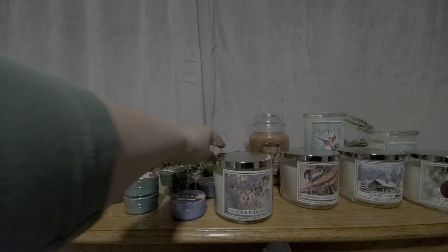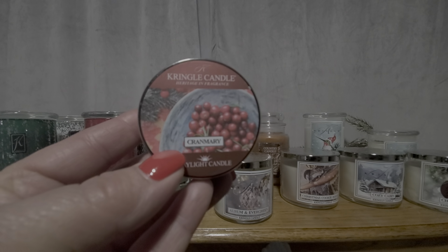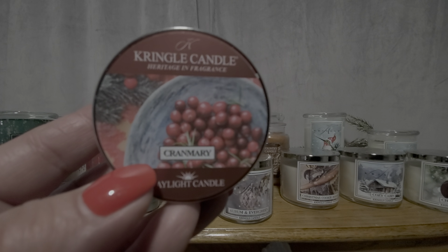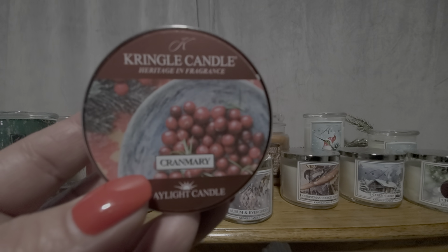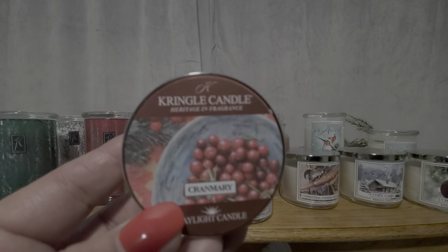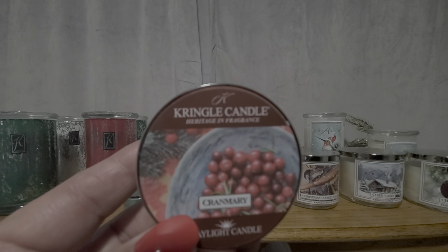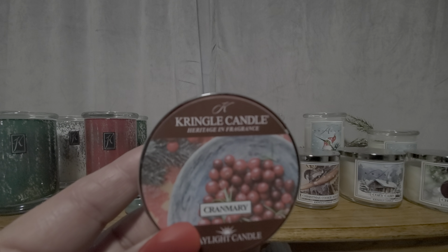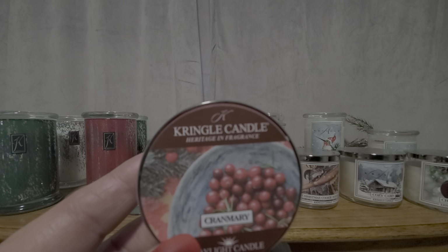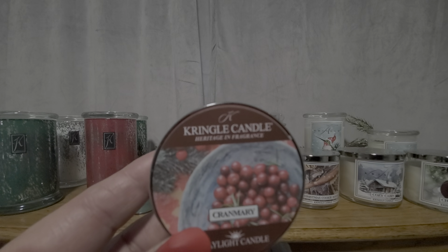Okay, next up is going to be Cranmary. Now, I have had Cranmary before, always in the Daylight. I've never actually had the candle, although I did this weekend finally place an order for the candle. This is a sweet merriment of sugar-frosted juniper woods, iced winter berries, and sparkling cranberry. The top notes read juicy orange and bright raspberry, the mid sparkling cranberry and frosted juniper berry, and the base sugared pine and